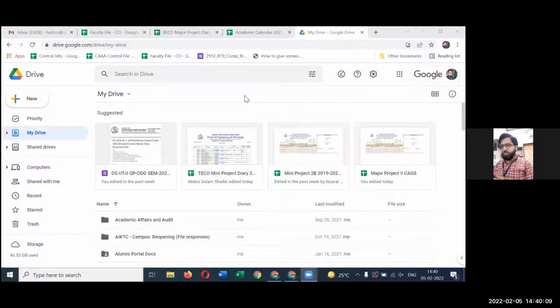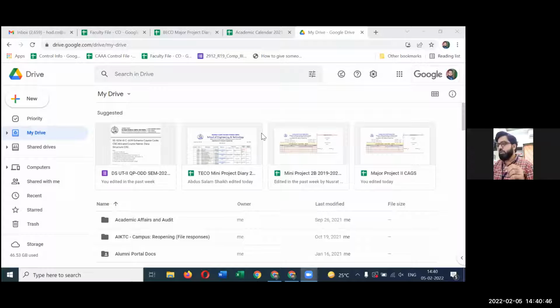For the same reason, I requested that all the participants attend this session along with their laptop, so that whatever we are going to do here, we'll be doing it together as much as possible. Wherever you get stuck, you can ask me in between. It's not at all a very formal session. If you have any query or doubt, please stop me there itself and ask me there itself. We'll try to keep it as interactive as possible.